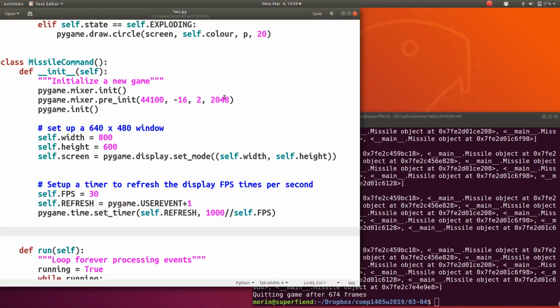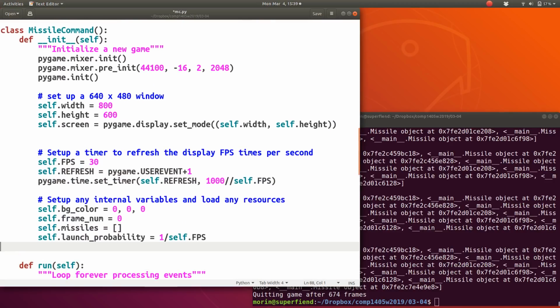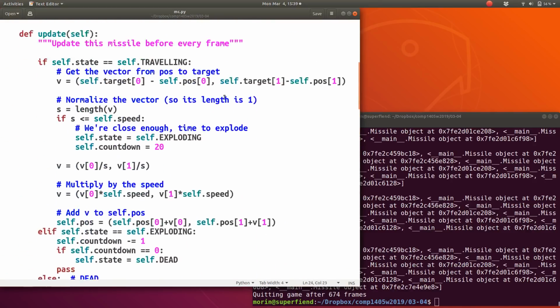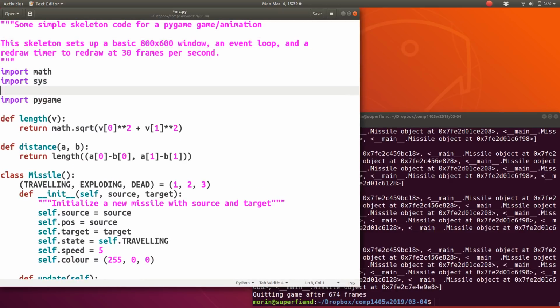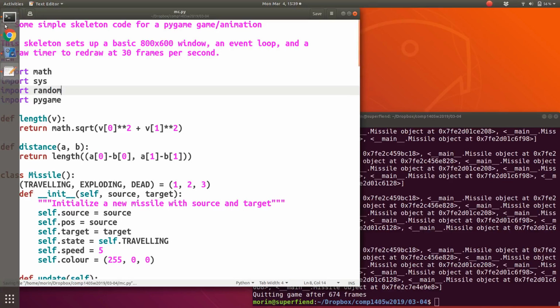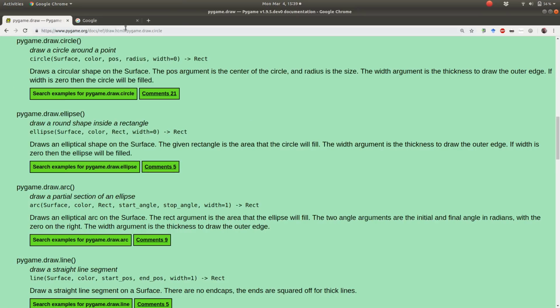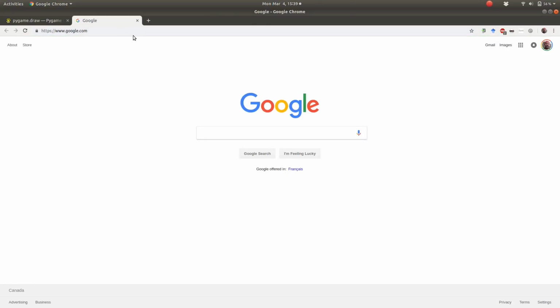One per second, and so that means in a particular frame the probability of launching will be 1 out of the number of frames per second. Okay, and then if I want to use randomization, I'll import random, and let me remember in the random module